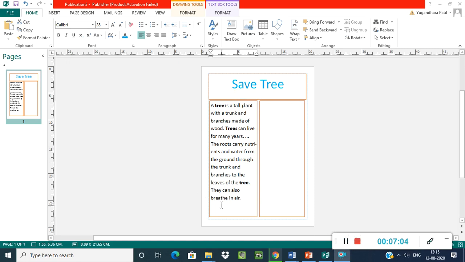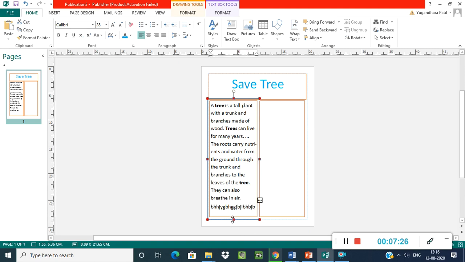What is our topic now? We want to complete this text box and continue it with another text box. Suppose I am typing randomly here, press enter, and type something randomly. What is happening here? My text is going down.